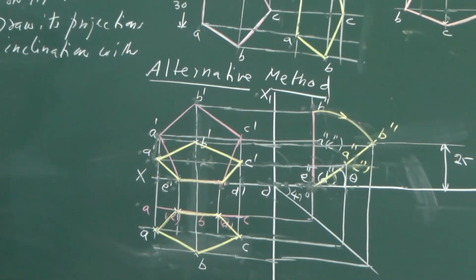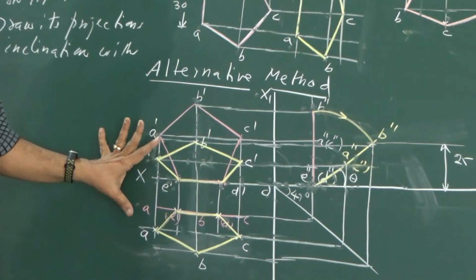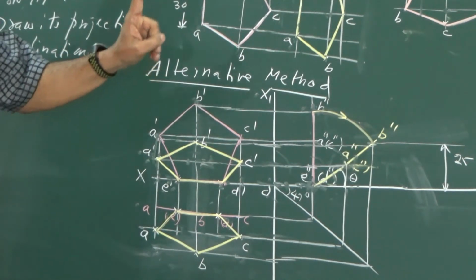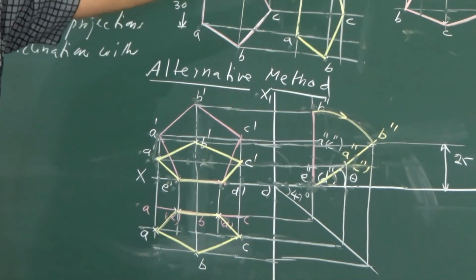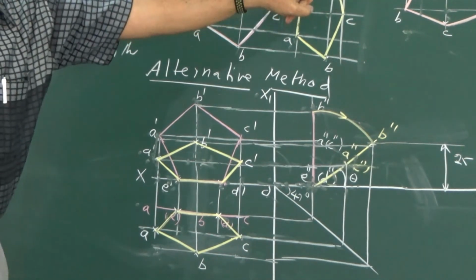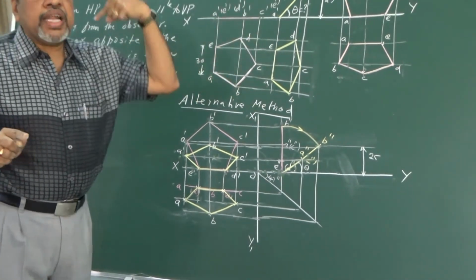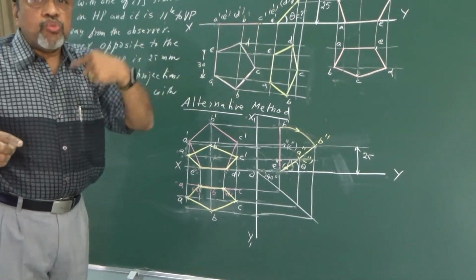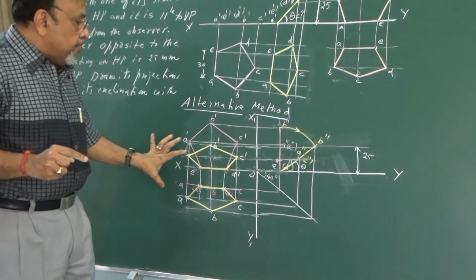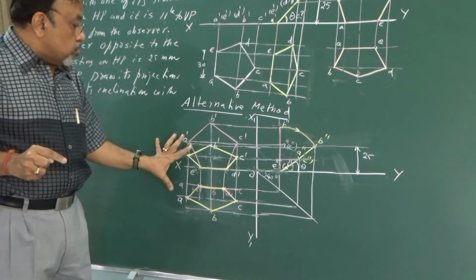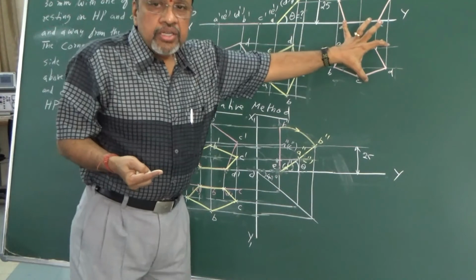Can you just see the difference between this and this? Same solution. The only difference is, since we know that in this particular case the lamina angle with theta and phi, some of the angles are 90 degrees, that is the reason the lamina is seen as a line in the side view. So that is the motivation for us to start from the side view. If I start from the side view, I can get the solution in only one single stage, whereas here I have done it in 3 different stages.